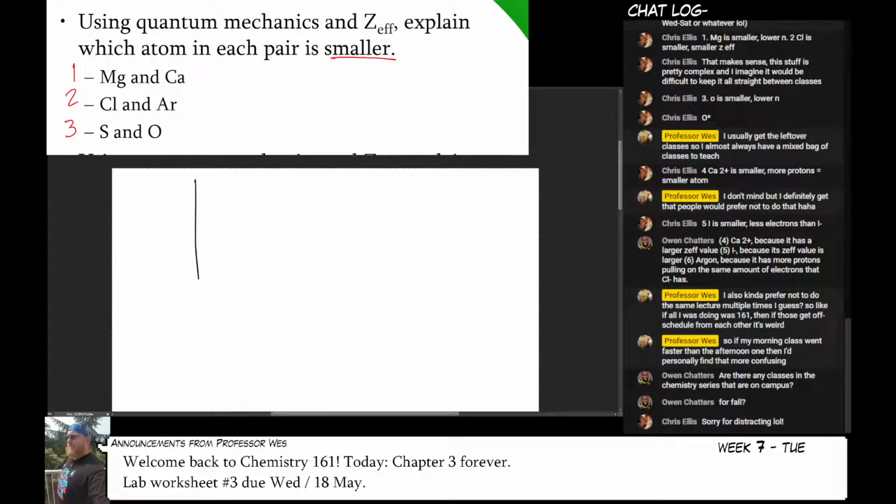So let's do this. We'll go N max, Z effective. Oops. I'm going to just copy and paste that because I'm going to use this a bunch. Copy, paste. And we'll just have an extra one over here. Okay. So let's do this first one. We've got magnesium and calcium. And if I write out the electron configuration for magnesium,